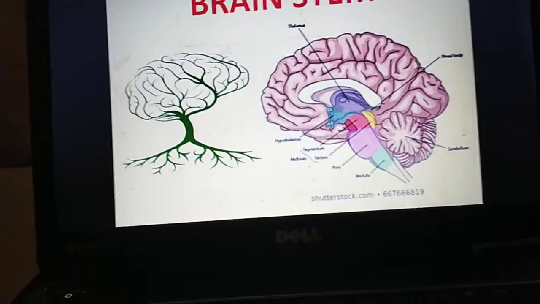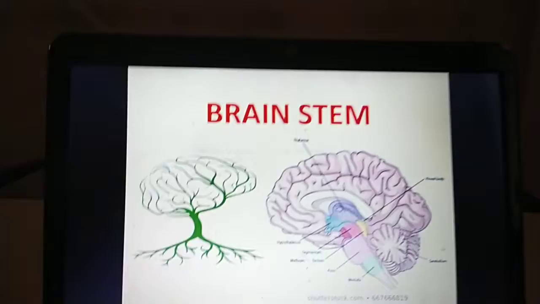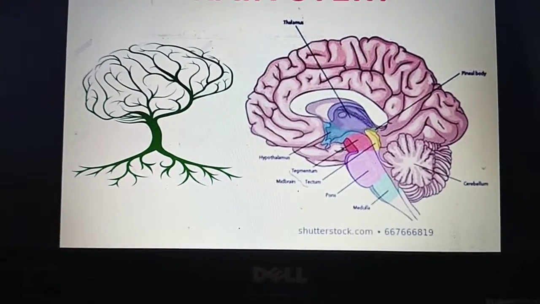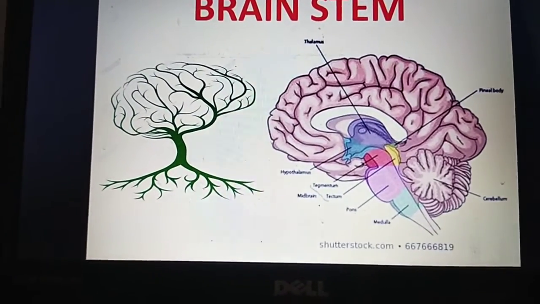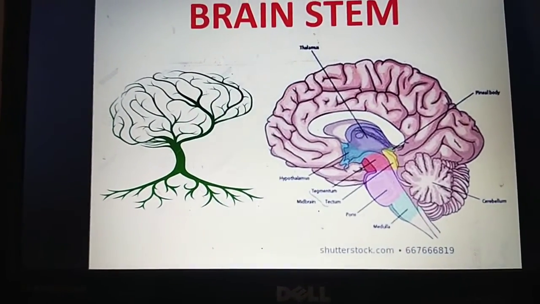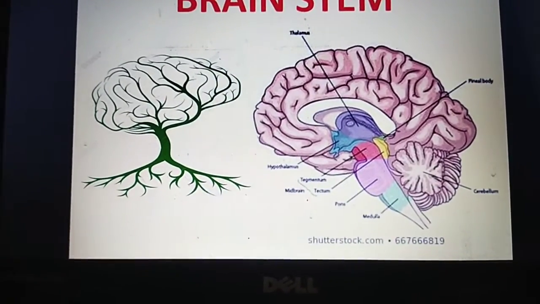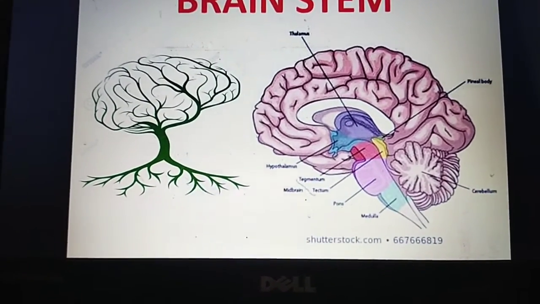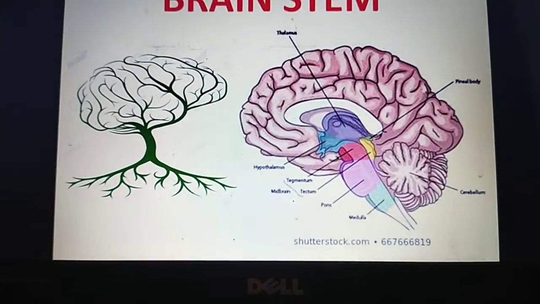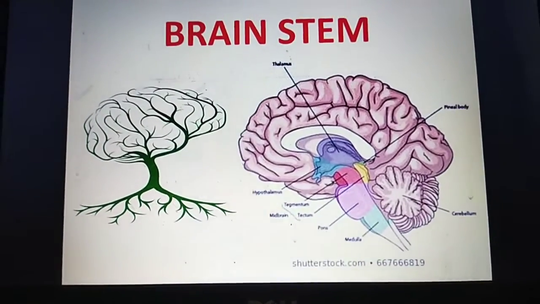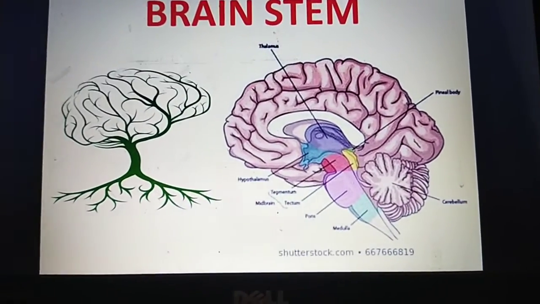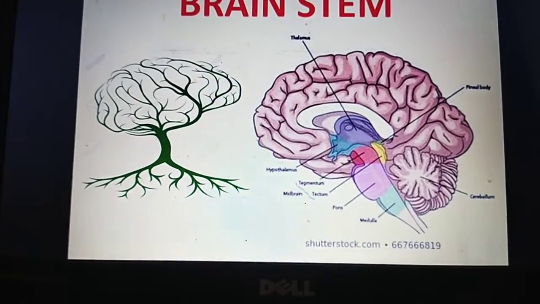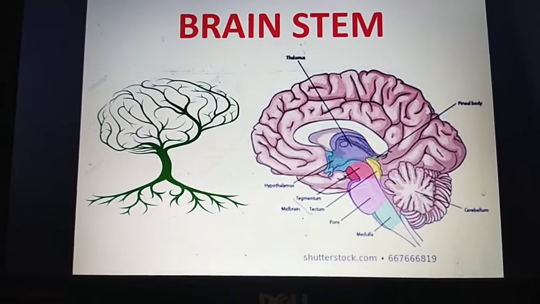Just as in a tree the stem conveys food particles and needed nutrients from the root to the branches and leaves, and in the same way from the leaf back to the stem and the roots, the brain stem also passes impulses and pathways from the periphery to the center.